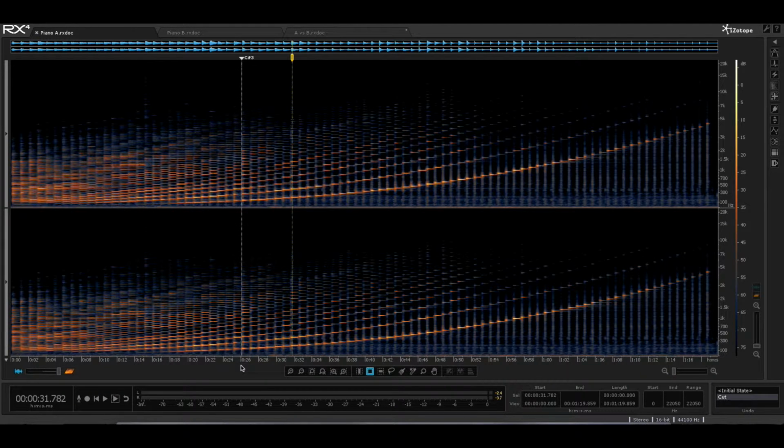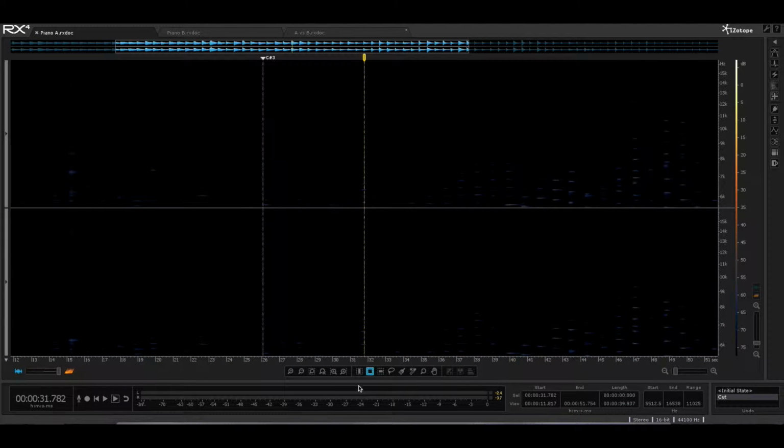The reason for that has to do with the strike point of the string, where the hammer hits the string. I won't try to explain it here, but when the hammer hits the string at, say, 1/8 of the length of the string, what's going to happen is the 8th partial will be suppressed, and any multiple of 8, 16th, 24th. So looking down here, if I zoom in on,